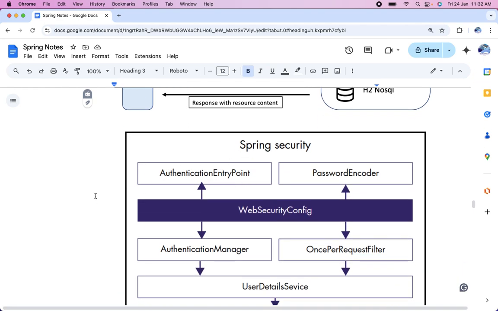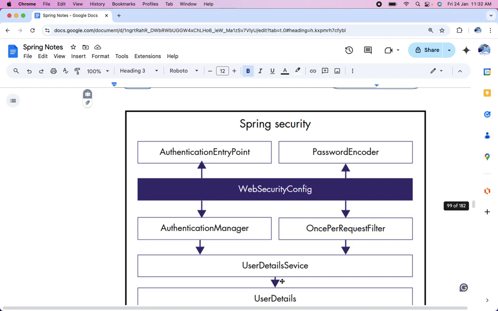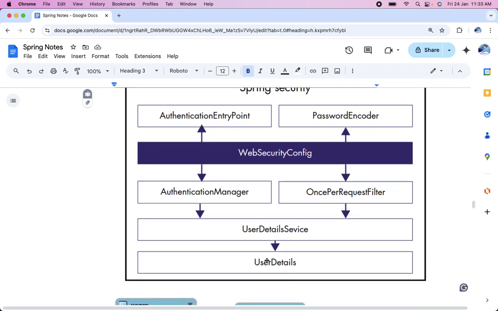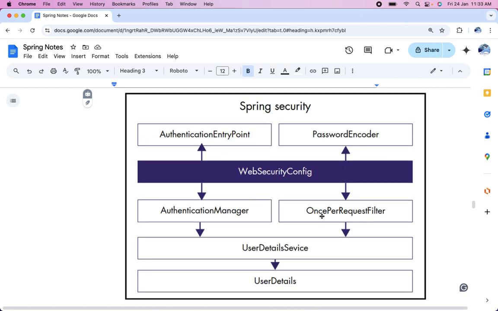Entry point means when you give the username and password at sign up time, we have to store it into the database based on the roles. At sign in time, we have to load that username and password. You can see user details from the user details service, then the authentication manager. Once the request filter runs, it will check the authentication, username and password. Then it is perfect. There is a password encoder,